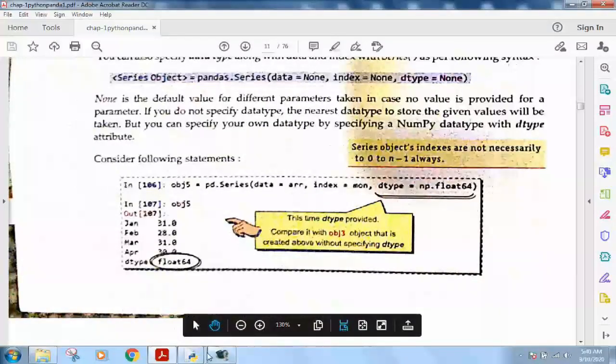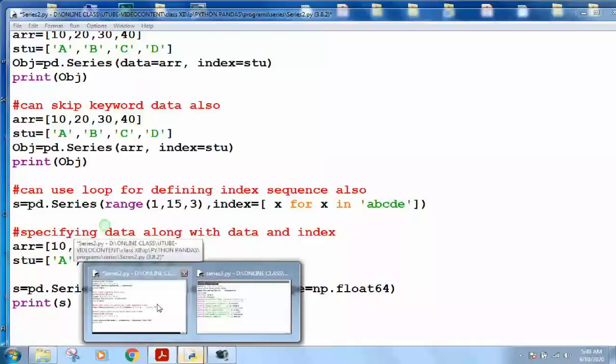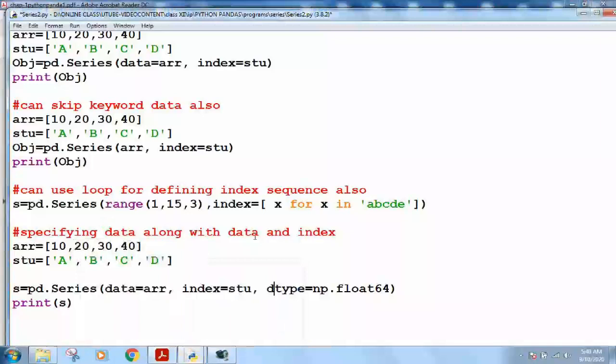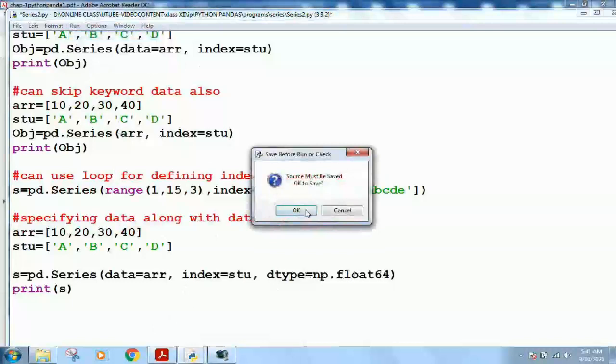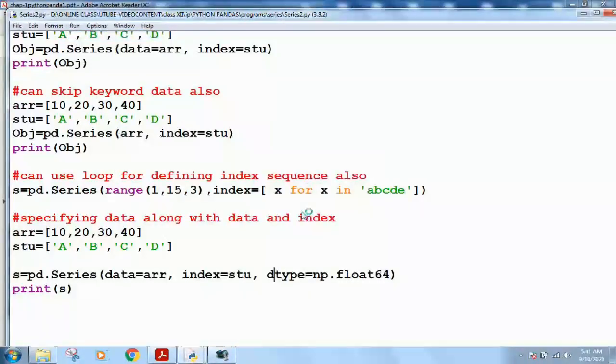For example, here I want to specify the data type np.float64. In this I am specifying the data type for the series elements on my own. I want all the elements, this time 20 and 30, to be of data type float64. This is what we have to follow.